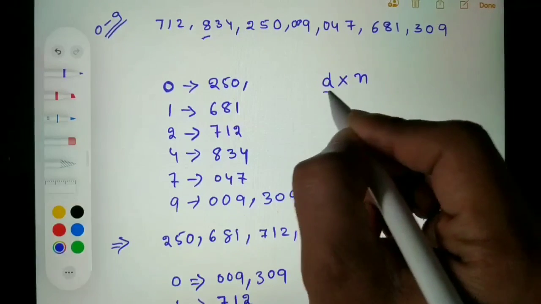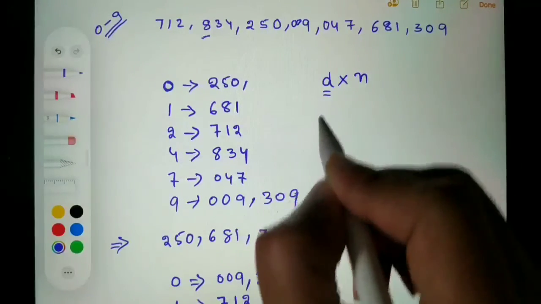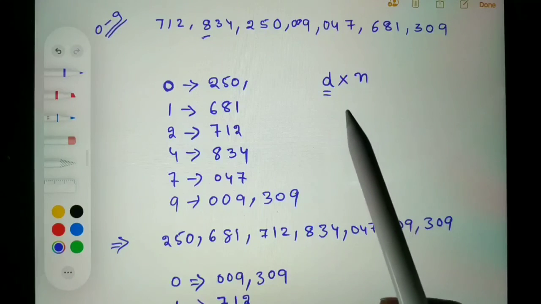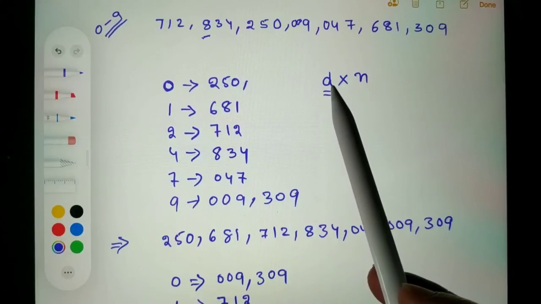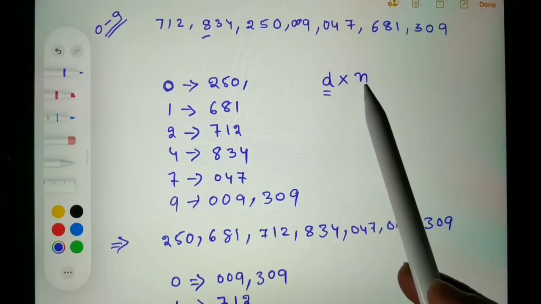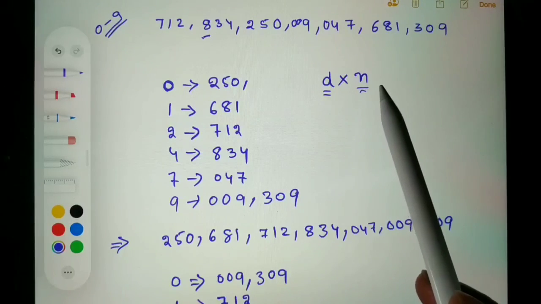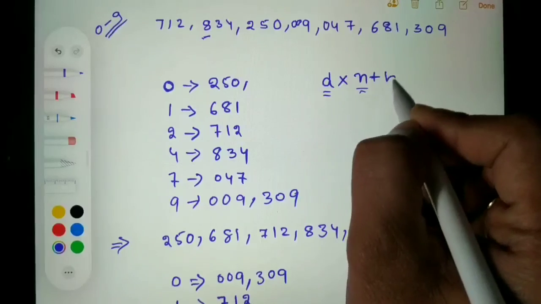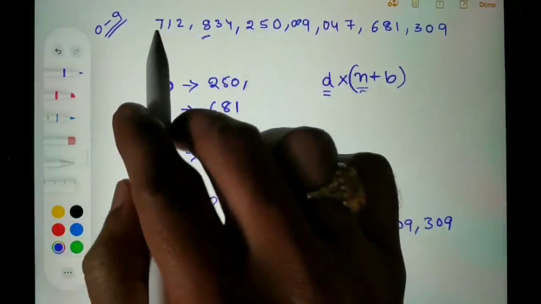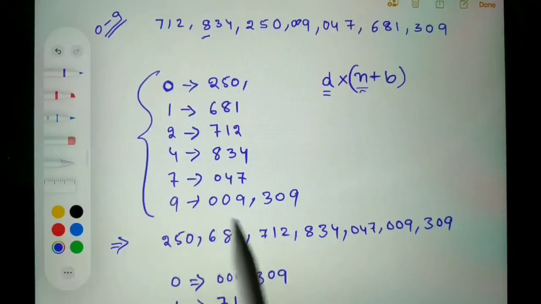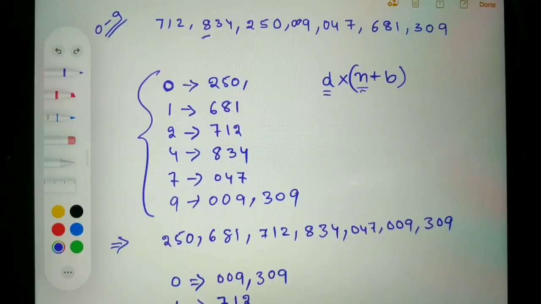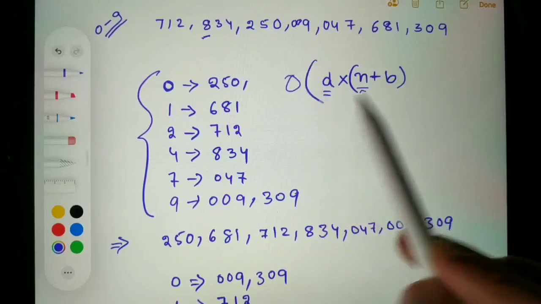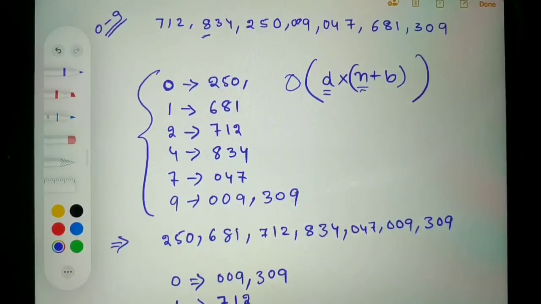Here d is the number of digits in the largest number, and n is the number of elements in the array, plus b. Here b is the base. In our case 0 to 9 we are processing. Finally the time complexity of radix sort is order of d into n plus b.